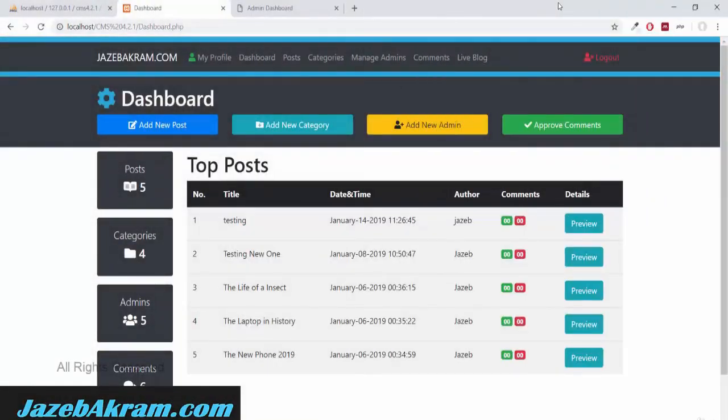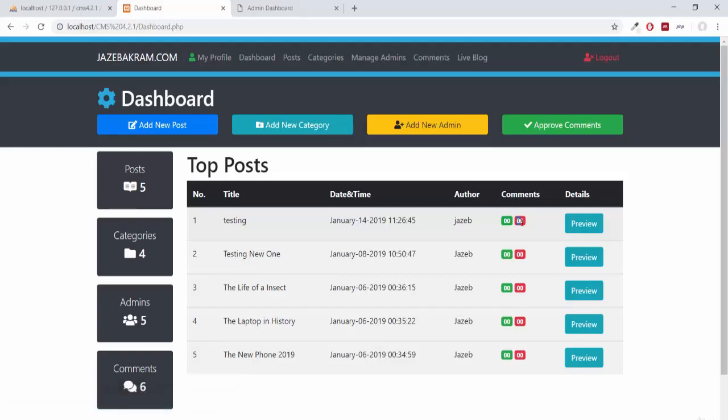In the previous movie we added this table which has a column of comments with just two badges. One is for approved comments, that is the green one, and one is for counting those comments which have a status of off and need admin approval here. So I'm basically enhancing the admin experience on this dashboard.php page. So back to my editor.